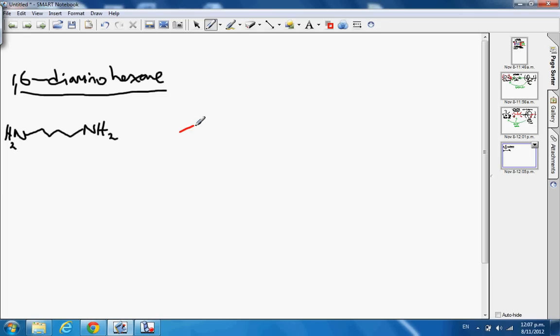So again, a 6 carbon chain, so 1, 2, 3, 4, 5, 6, and we have a carboxylic acid group here and a carboxylic acid group here, and we're adding those 2 monomers together. So this would be hexane dioic acid,